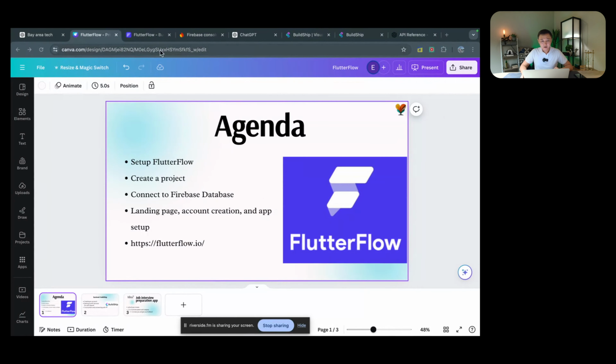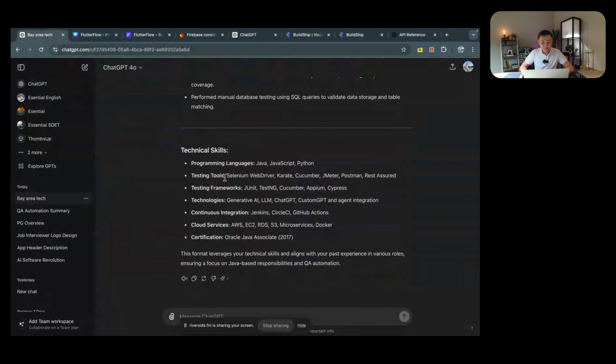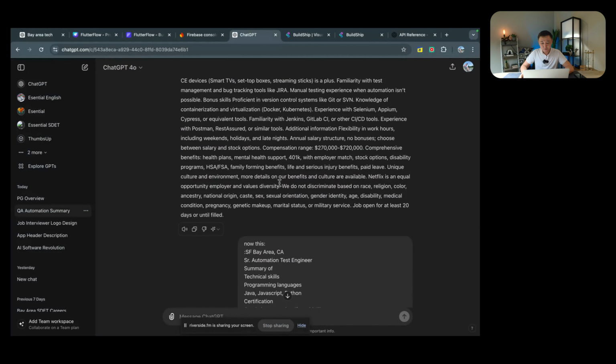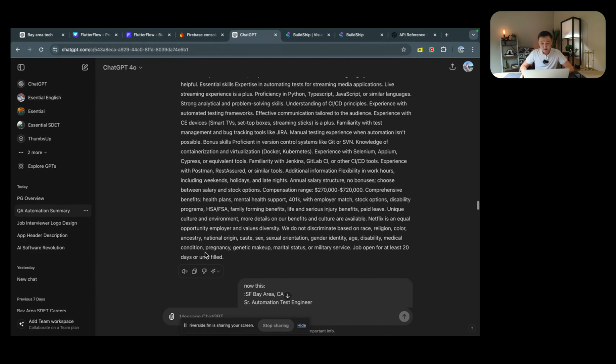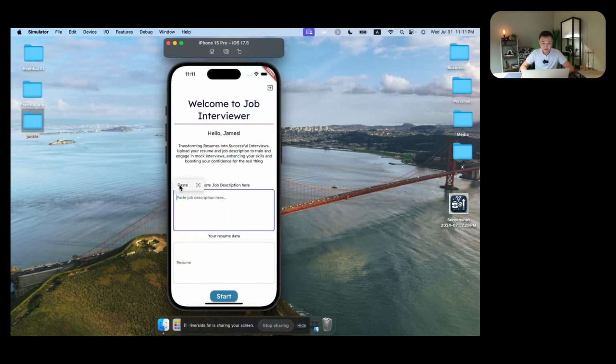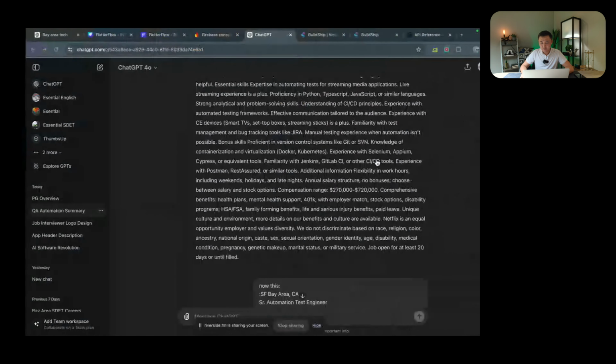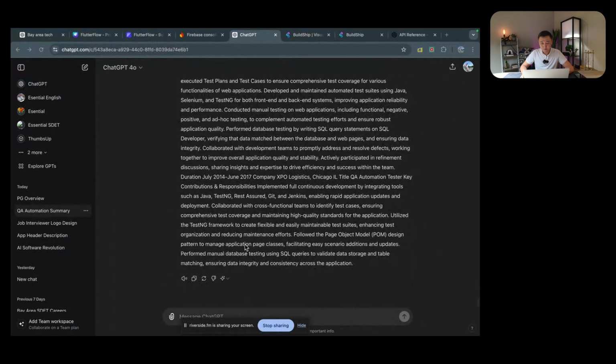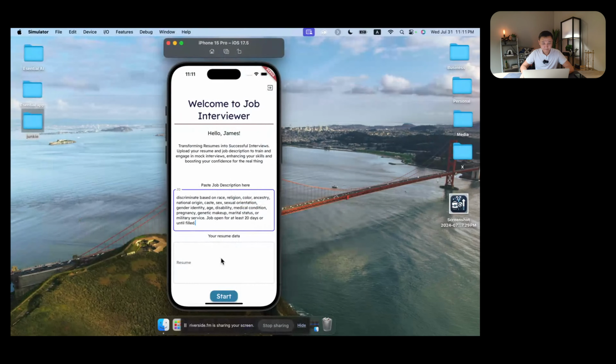What I need here is two inputs: the job description and my resume, right? So I'm going to copy this job description, which is from Netflix. It can be anything really. It's just a random job description that I got, and I put it here for my own convenience. So I am going to paste here the job that I am targeting and my resume,